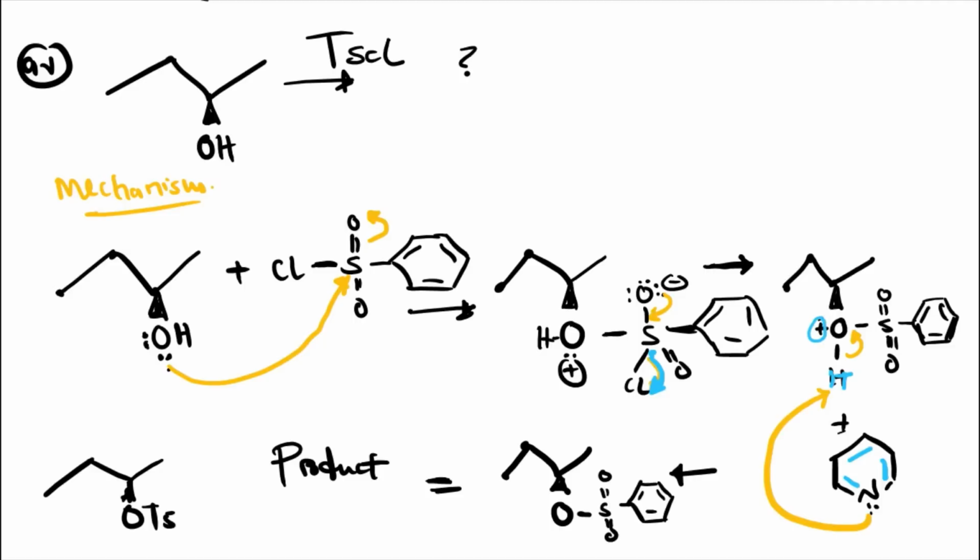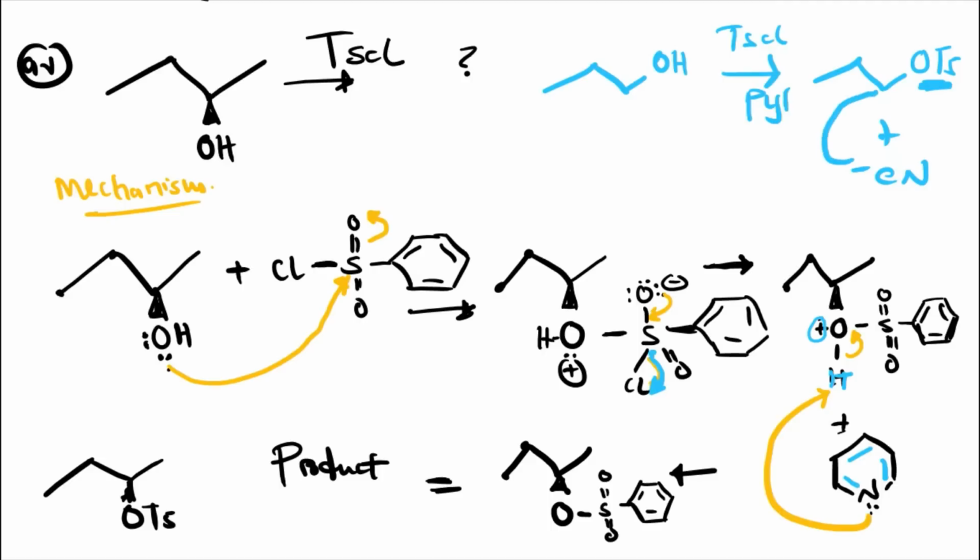Okay, so whenever you react an alcohol, any alcohol, say this is an alcohol here, you pass it in tosylate chloride and pyridine. The H here will be replaced by the Ts, tosylate. This is a very good leaving group. So if you have a species in solution like cyanide, this cyanide will act here on this carbon and this group will leave in an SN2 reaction. So what you create is this. So always know the reaction mechanism when an alcohol reacts with tosylate chloride. It's an important one, and it will be there in your